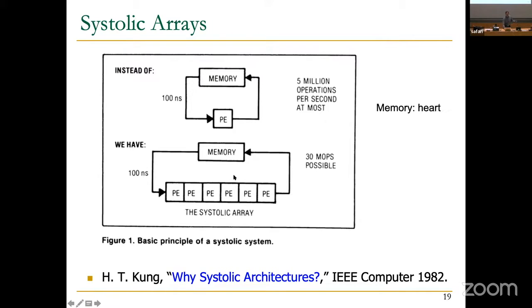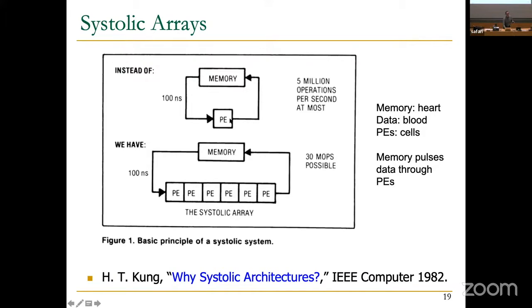Okay, so why is this called systolic? Because people thought that this looked like, let's say, the system of how blood flows. You have memory, and that looks like the heart, and data is blood, let's say, and processing elements are cells. Essentially, memory pulses the data through the processing elements.